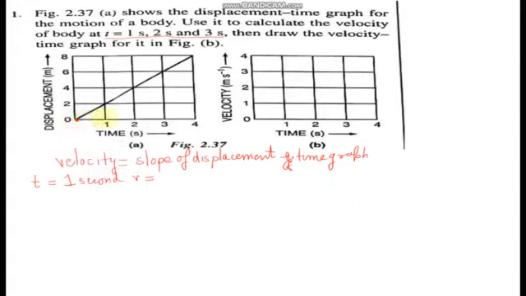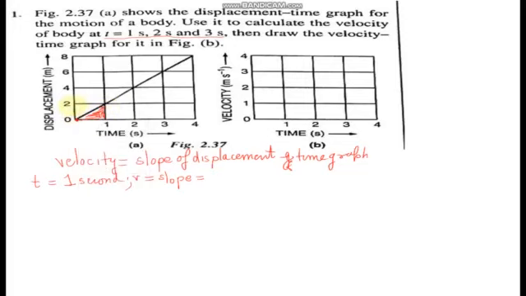तो इस टाइम में उसकी क्या वेलोसिटी थी? So we will find out the slope of this triangle. Slope is always given by perpendicular height over the horizontal height. So velocity is actually the slope in this time. 0 से 1 तक जो slope है ग्राफ का, that is the velocity. What is the perpendicular height? यहाँ पर है 0 and here it is 2.